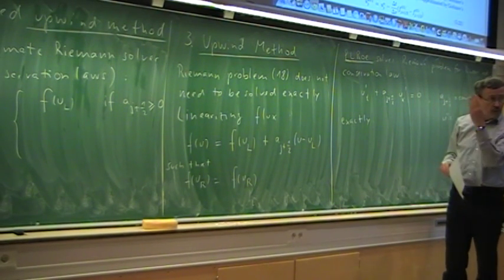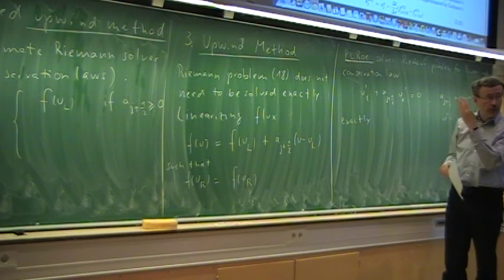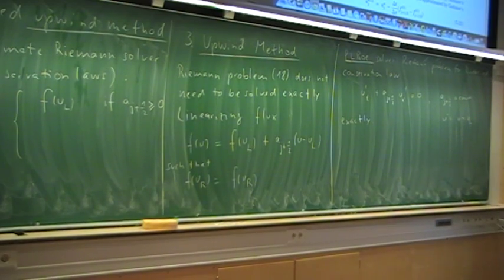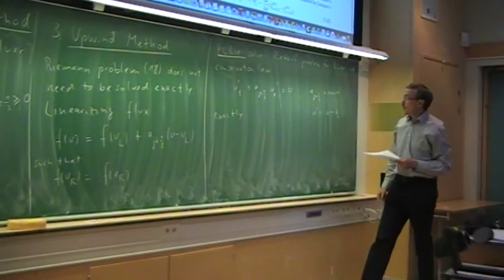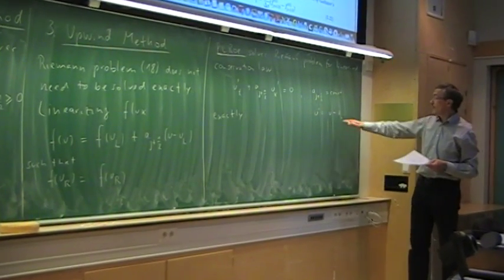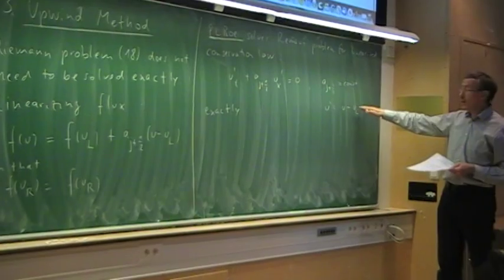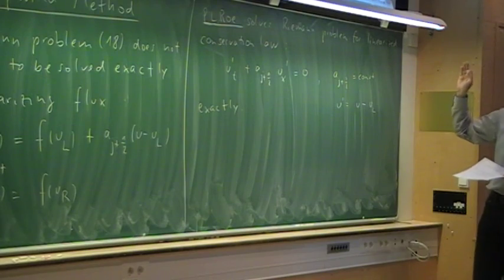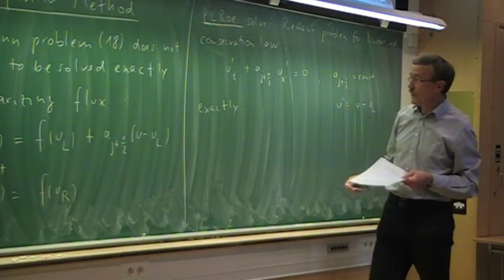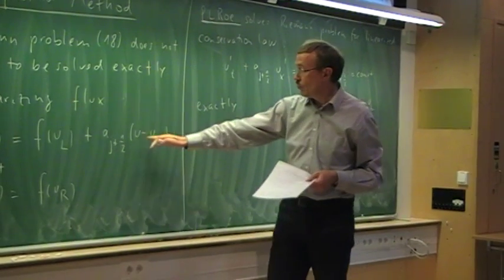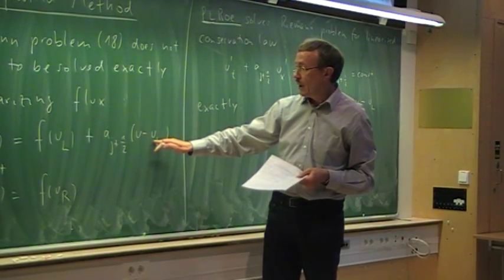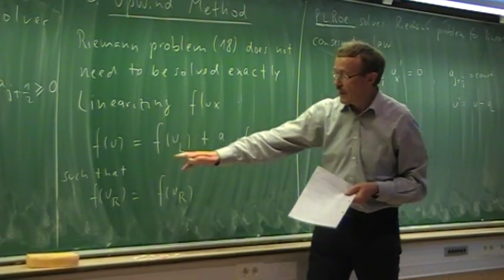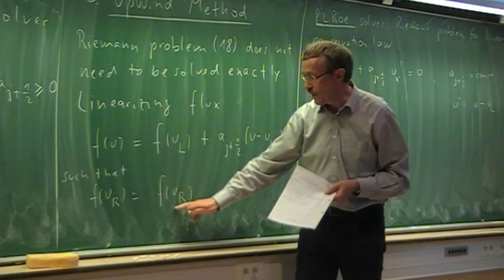So then we take the flux from the left, if the wind is flowing from the left to right, AJ is positive. If AJ is negative, then the exact solution for our Riemann problem here will be 0 on the left and UR minus UL on the right. We will get the right solution. So, and then if we have that solution, then we have here the U right minus UL. And if we add that, and we have the condition that F of UR is F of, let's see,